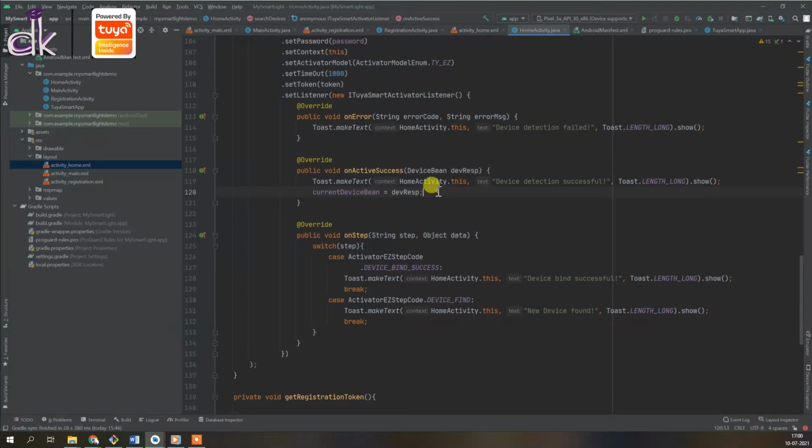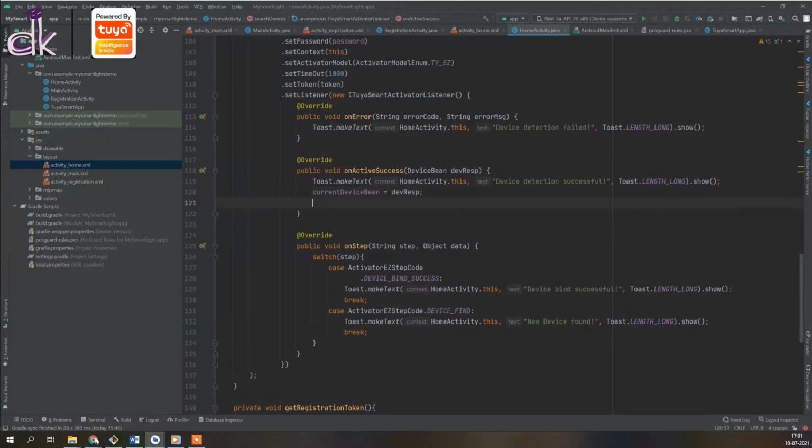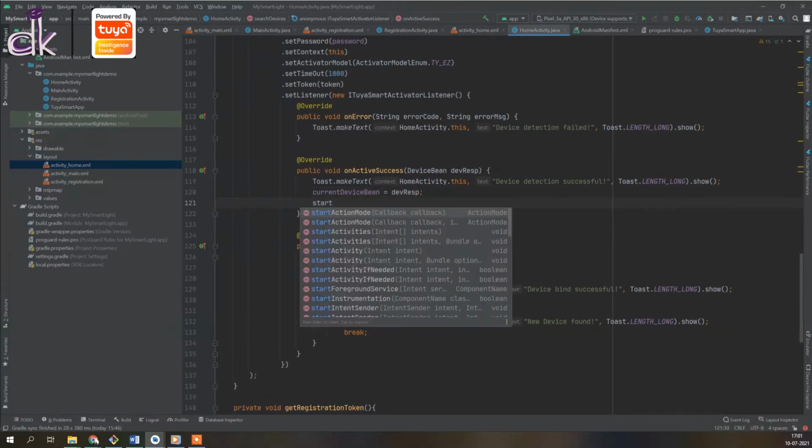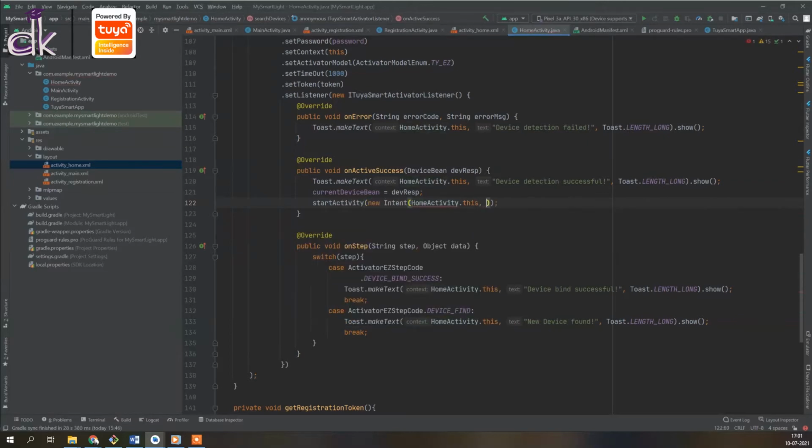Now we need to create another activity where we'll be able to control the device itself. For that, let's call start activity. Let's call that other activity device control dot class. Right now it's not created, so I'm just going to comment it off.